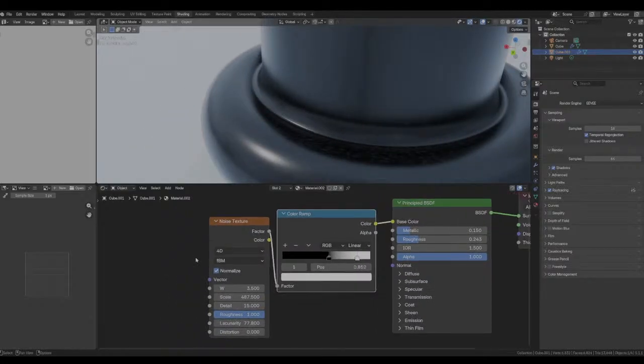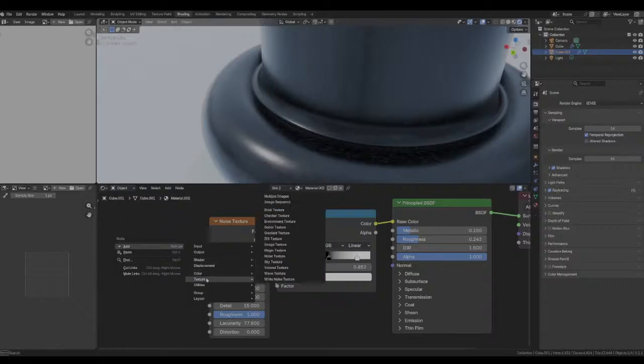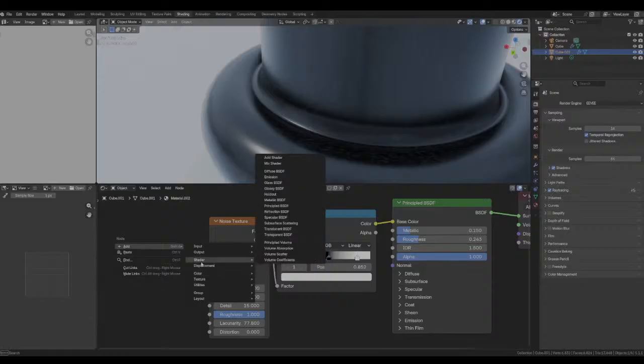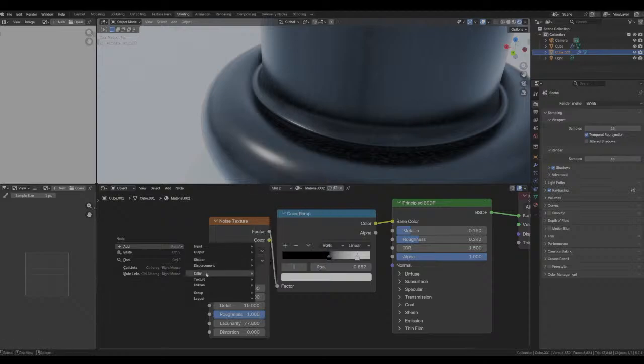In fact, I wasn't gonna do this, but I feel like I need to. Let me go ahead and add a... hey, what are you doing? Let me add a... what am I looking for?